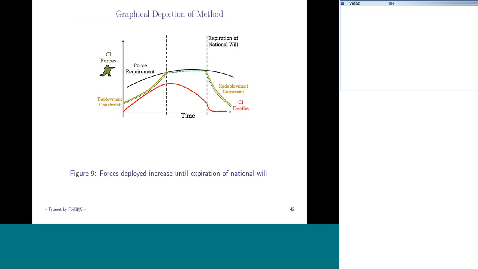There's also something that comes into play here called the expiration of national will, where that's our national will. So, we're helping a country like Afghanistan or Iraq, and at some point we say enough is enough, and then we withdraw. So this is all about us. In this case, how many forces should we send to the counterinsurgency to help the counterinsurgents fight? However, we have to adhere to the fact that beyond a certain point, we're going to be tired of it, and we're going to leave, sometimes regardless of the outcome.